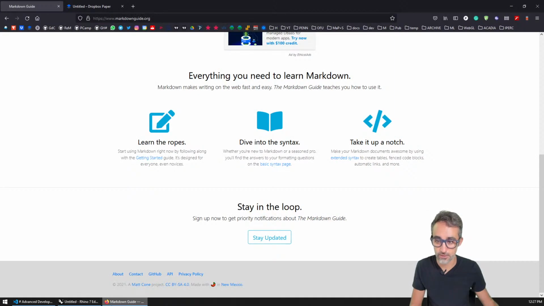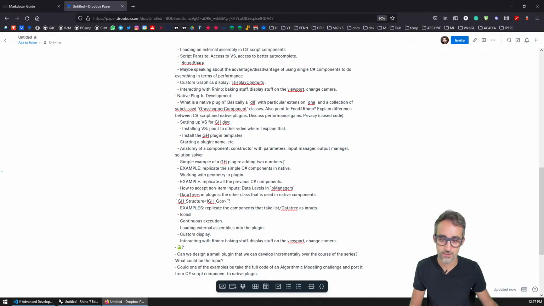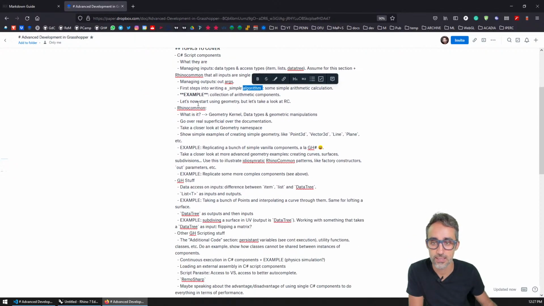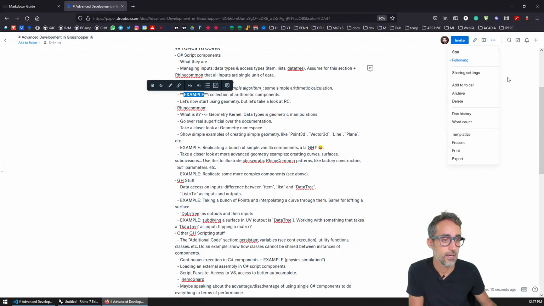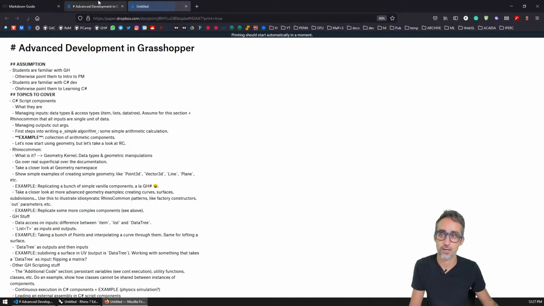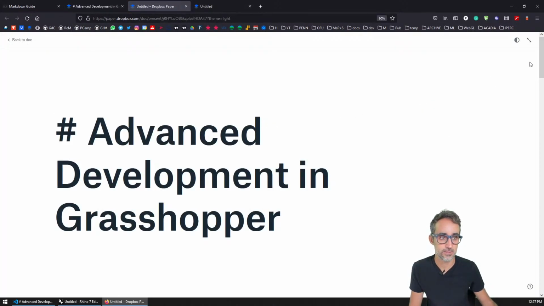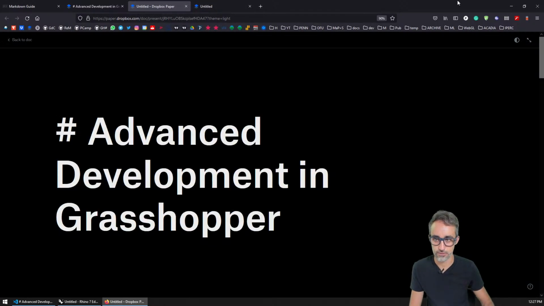So if I do this, you see, it already highlights things with italics, with bold, and then I can print this, or I can present this, and it gives me this